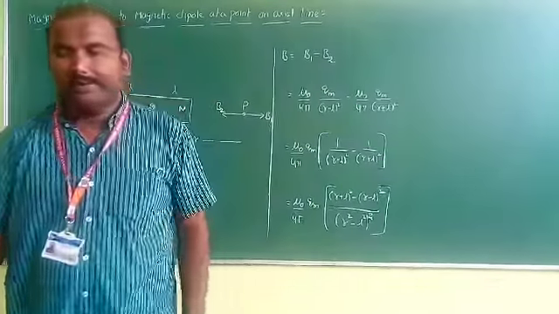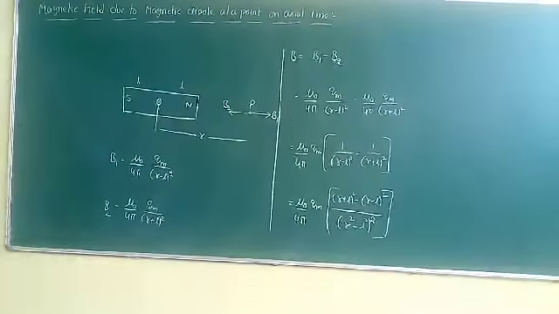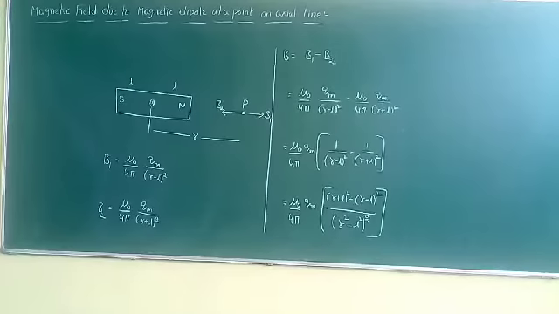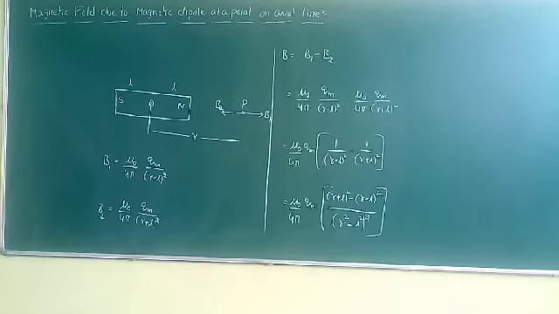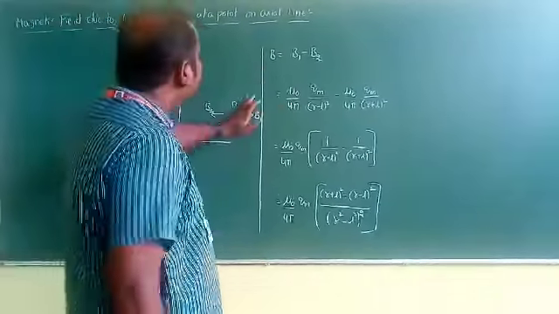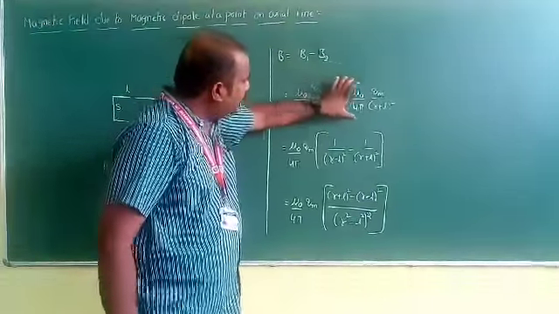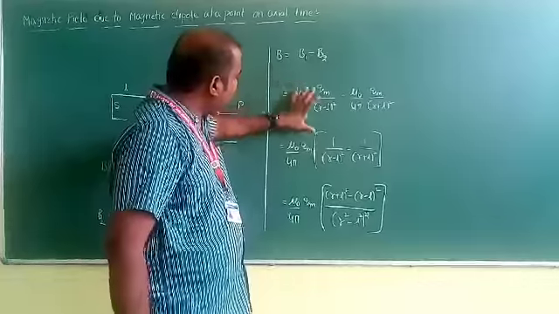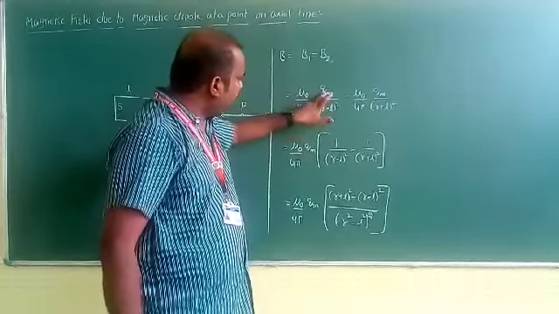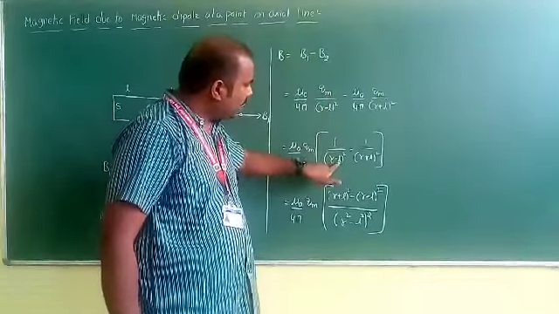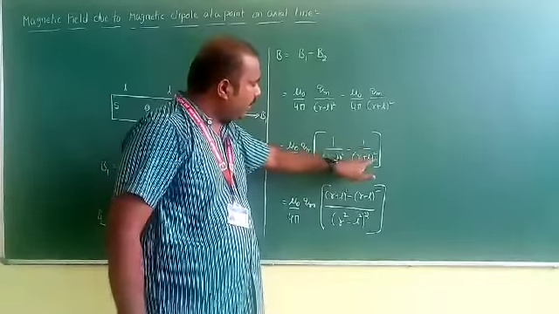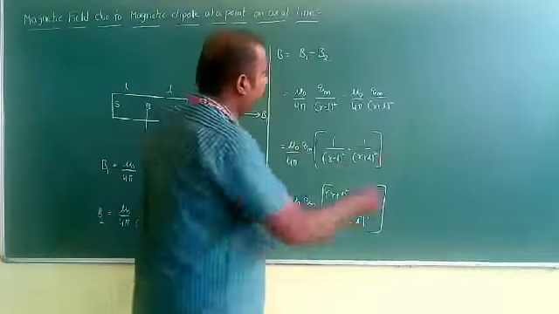Now once again, all of you see the derivation part. The net magnetic field is given as B is equal to B1 minus B2. Now B1 we know, B2 we know. The common terms I take out, mu naught by 4 pi Qm. Now here it will be 1 by r minus L whole square minus 1 by r plus L whole square, and later I got it in this equation.